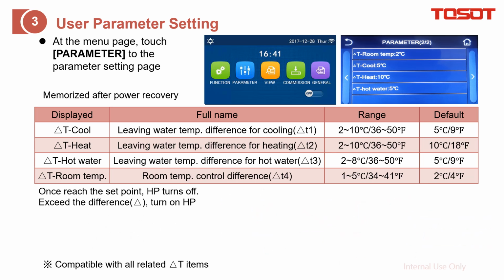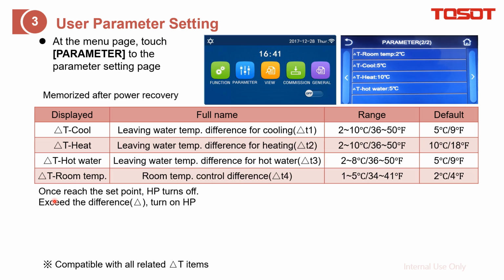However, that is only for space cooling, space heating, and also when the set point is the room temperature. As for the domestic hot water, this delta T hot water is a little bit different because there is a T compensation in the algorithm. I will show you a diagram and also an example for better understanding.